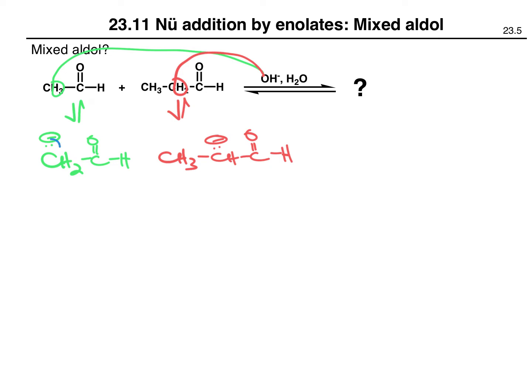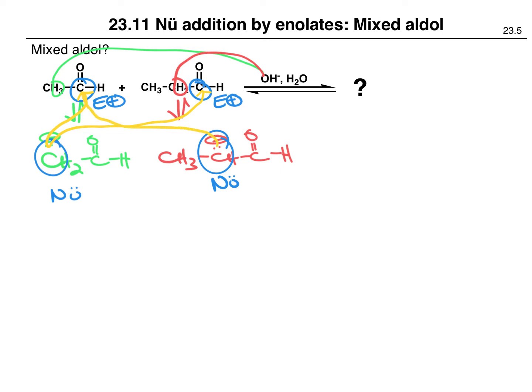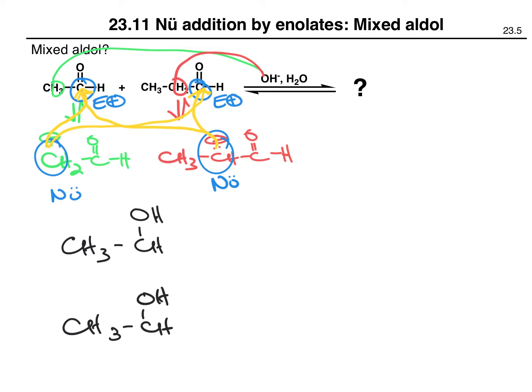So this means we have a nucleophile and another nucleophile and an electrophile and another electrophile. So it is quite likely that this nucleophile will add here and that it will add here. It's also quite likely that this nucleophile will add here and that this nucleophile will add here. So what we'll end up with is a mess. We will end up with a mixture of 4 different products